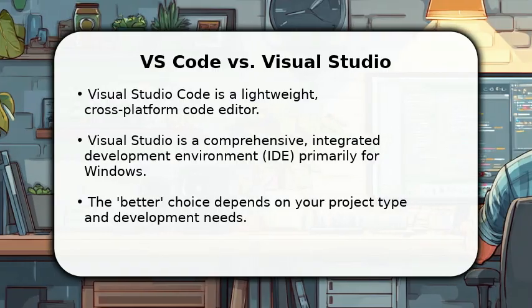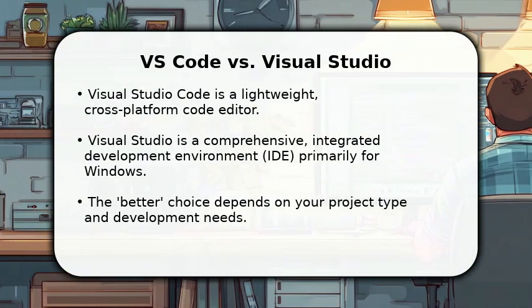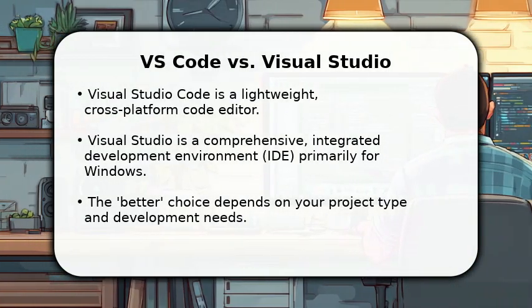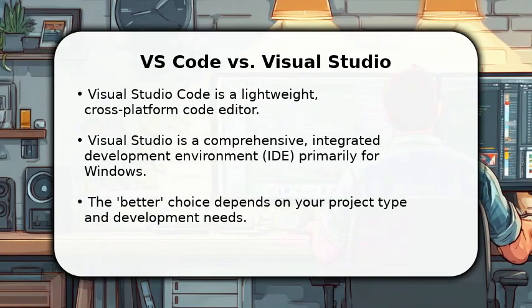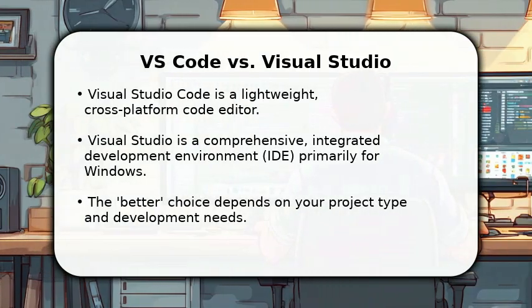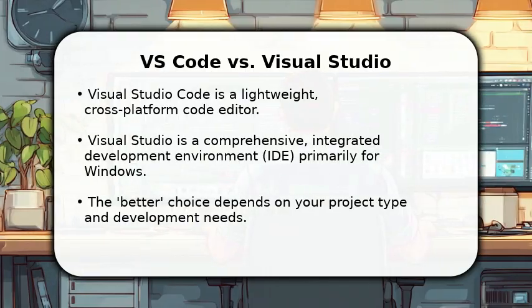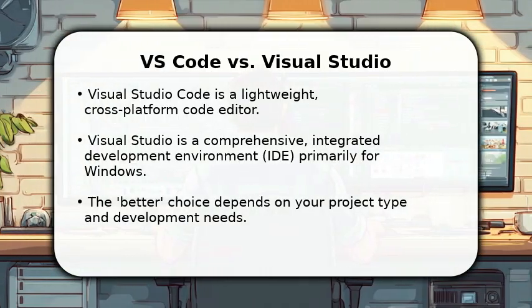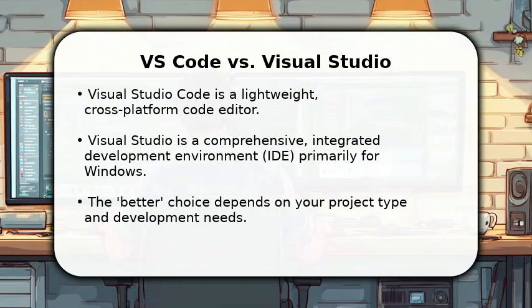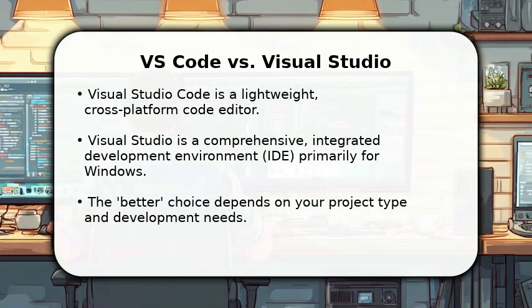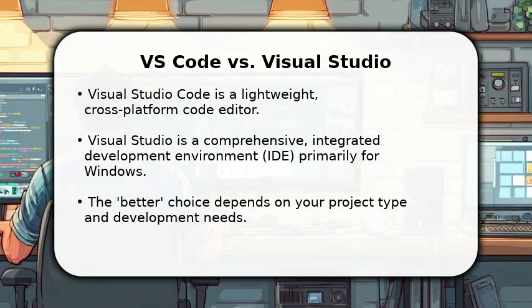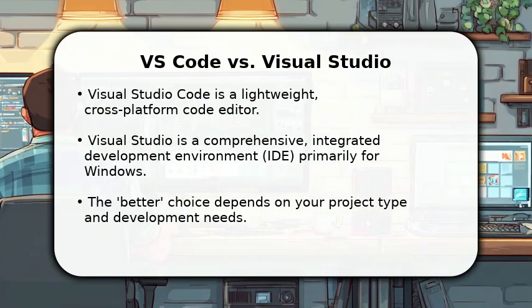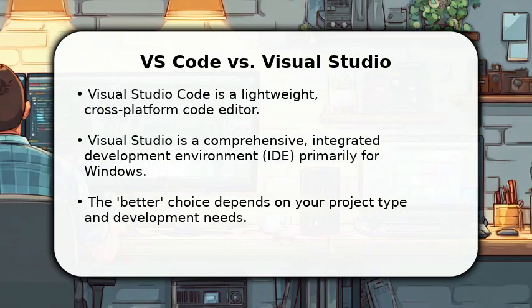In this video, I will compare VS Code and Visual Studio. Visual Studio Code is a lightweight, cross-platform code editor, while Visual Studio is a comprehensive integrated development environment, primarily for Windows. Understanding their core differences is key to choosing the right tool for your project. We'll explore their unique strengths and ideal use cases to help you decide which one best suits your development needs